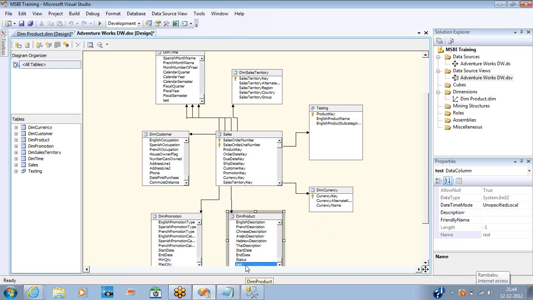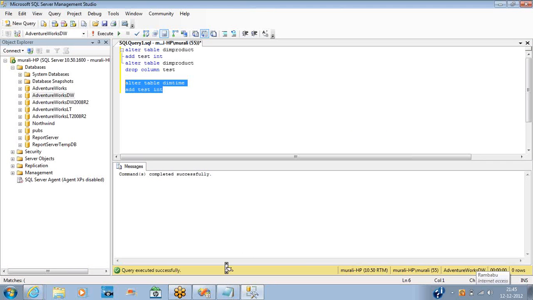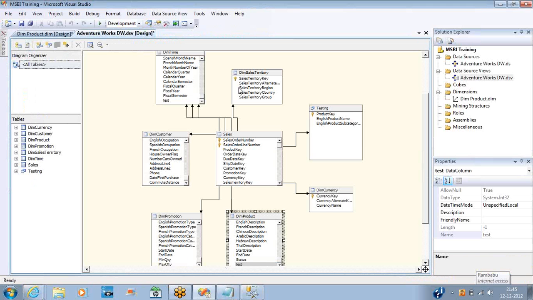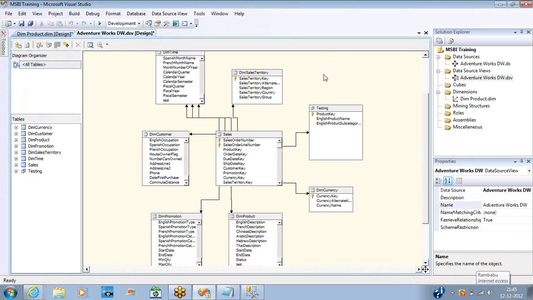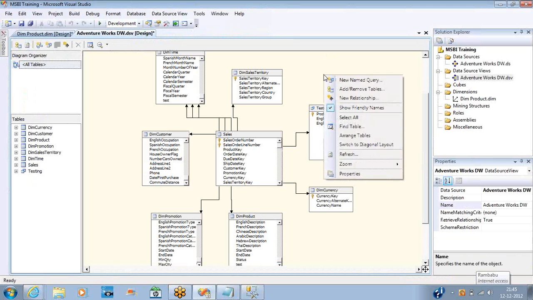If I make some changes to 2 to 3 tables and in my analysis services I just want to pull only one change, I cannot do that. The only way I can do that is delete the table and add it back. So that is not suggestible. So make sure, if you don't want any change in your analysis services, don't make it here. This is about the different options we have in the right click of the empty space in the data source